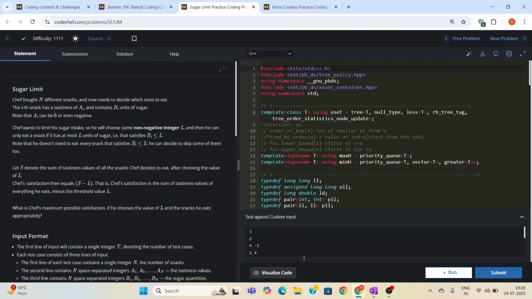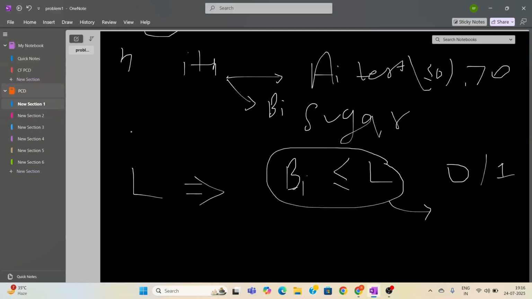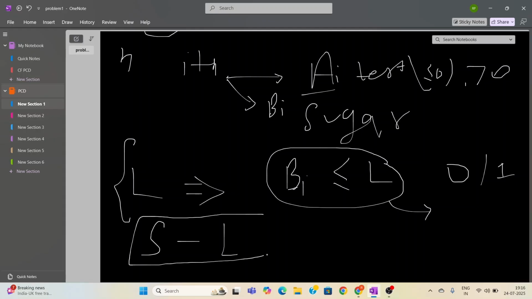So it says that after choosing this, let's say the total tastiness of the products that Alice ate is S. Then you need to maximize the value of S minus L. So basically,